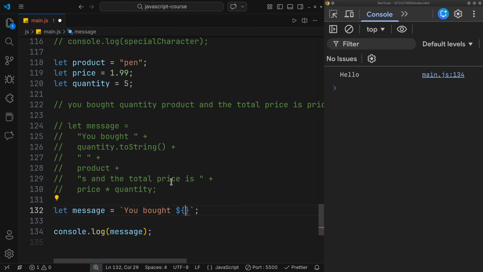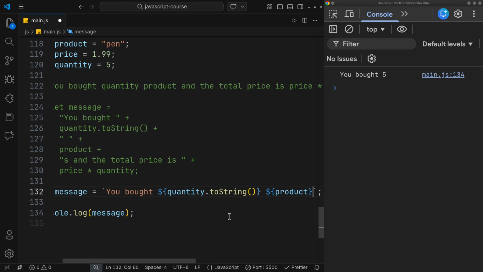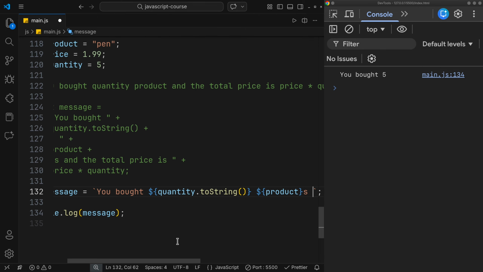So I can write something like quantity.toString. Okay. So you bought this much, and then add a space. So, the quantity. As you can see, you bought 5. Now once again, I will just do the dollar sign and curly braces, and inside of that I will add the product and add an S here. So you bought that many products and